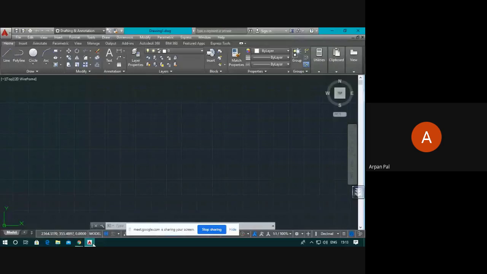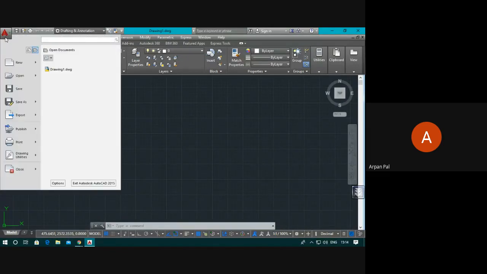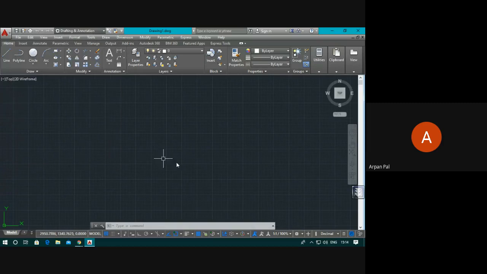As all of you can notice, is my screen visible? Yes, sir. Okay, so this is AutoCAD, and this is actually the AutoCAD 15 version. If you drop it down from here, you'll notice it is the AutoCAD 15 version.